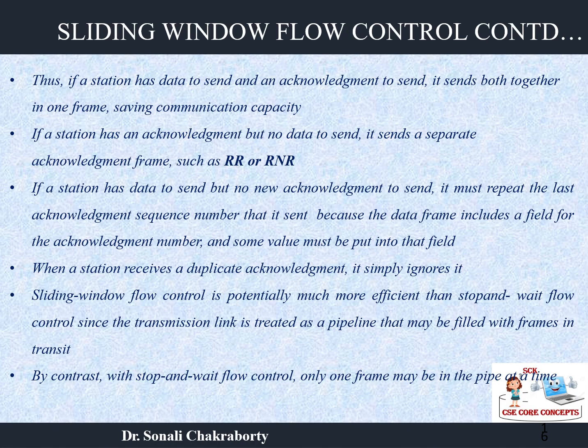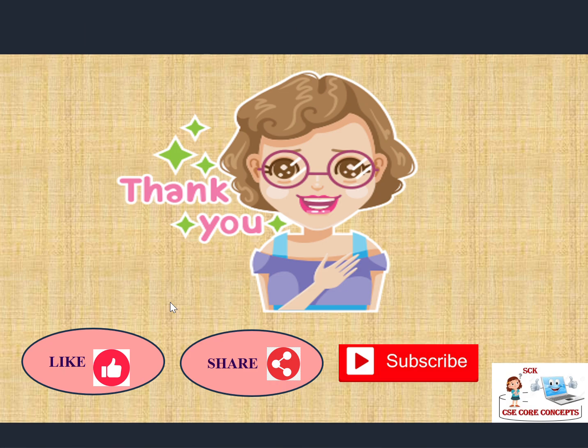So we can say that this sliding window protocol is by far better than stop and wait flow control, since it is treated as a pipeline, where one after the other, frames are continuously sent to the receiver side. The receiver has a buffer, it buffers the frames, clubs the acknowledgements and sends them all together. So I hope you understood the sliding window flow control technique, which is better than the stop and wait flow control technique.